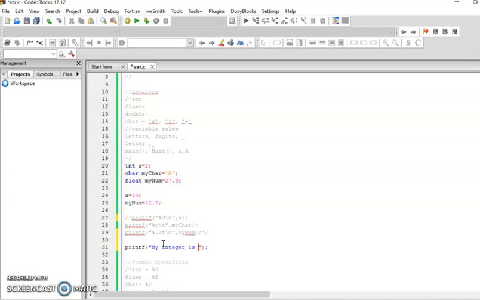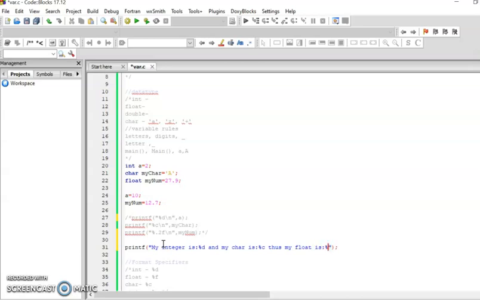My integer is, let me just write that first, and then we have the integer format specifier, which is %d, and then my character is, and what do you have for character as a format specifier? %c. Thus, this is just a random statement. Thus, my floats, they have no relation at all, is,